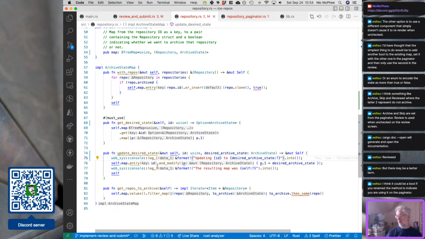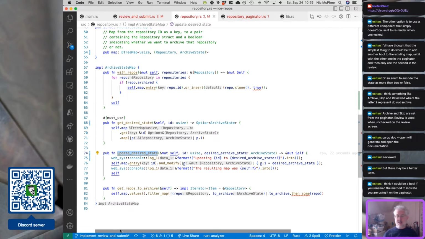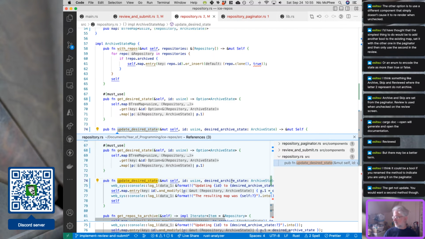Oh, so update desired state, but I may want to use this same method in the review thing and be able to send SkippedInReview as the new state here. Because this is the kind of thing we're going to use, I think. I don't know, where does this get called? It is being called in review and submit. So I think we want it to be able to take